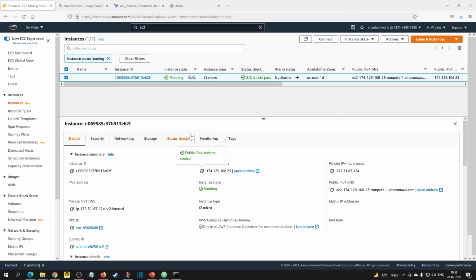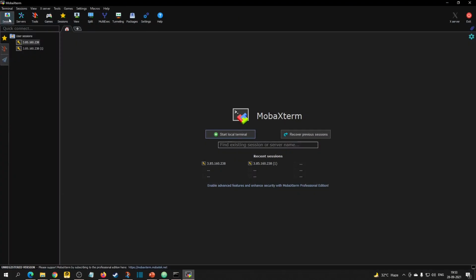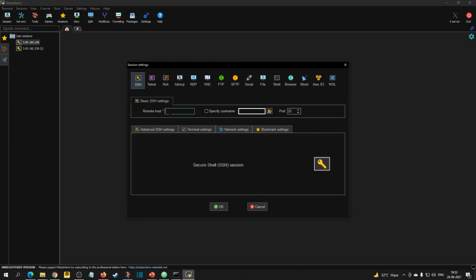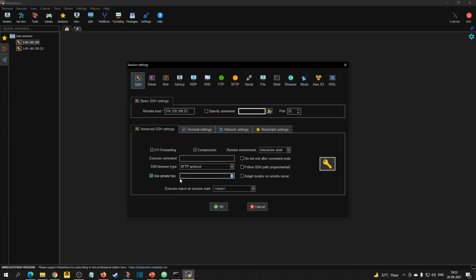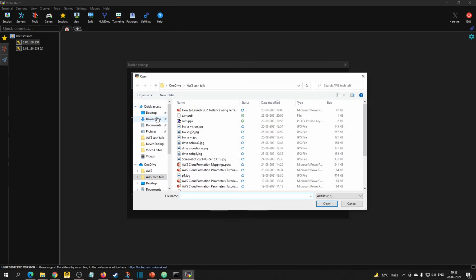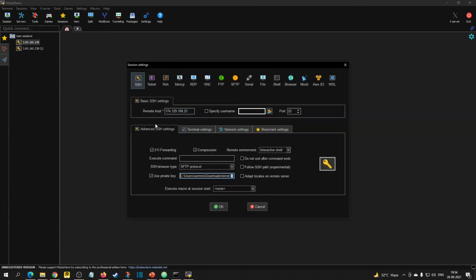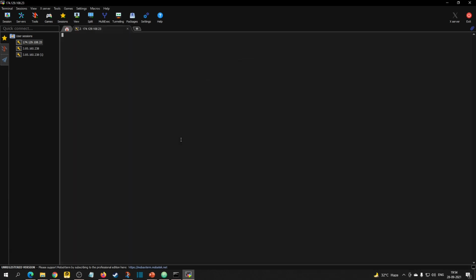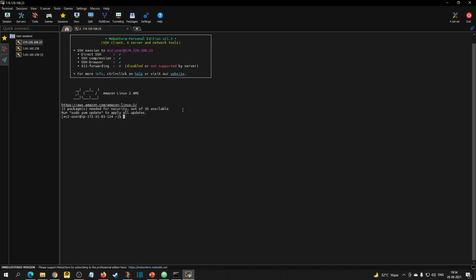I am using MobaXterm to connect to this instance. So that's it, we are able to log into this instance.